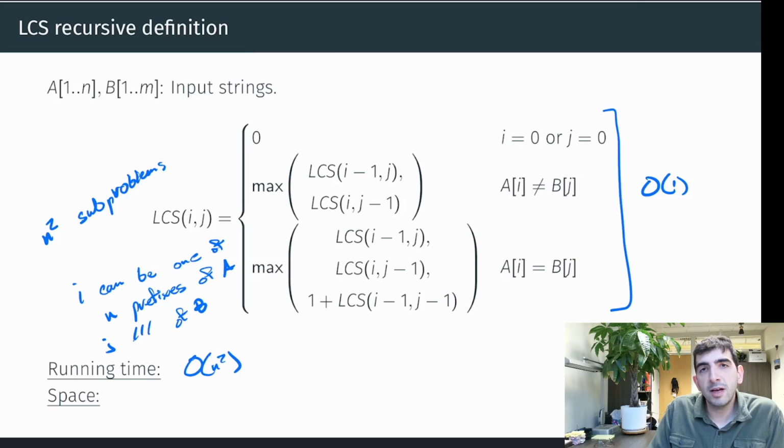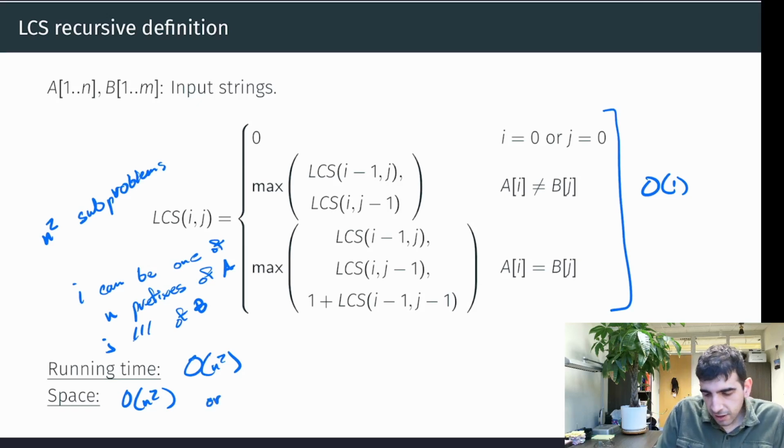Okay, and the space, like we discussed in the edit distance problem, the space could be O of n squared, if we have a whole table for every single possible subproblem. If we have a single value for every single possible subproblem, and we store that value, it could be n squared, or it could be O of n if we're space efficient. If we're space efficient, mainly because